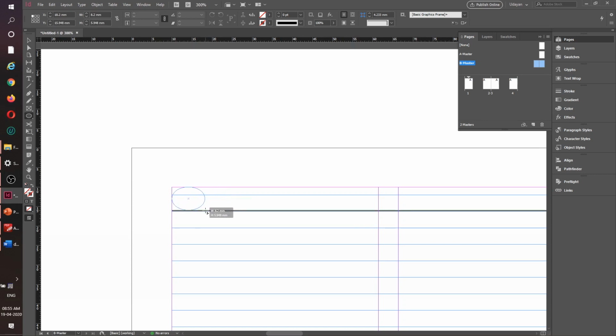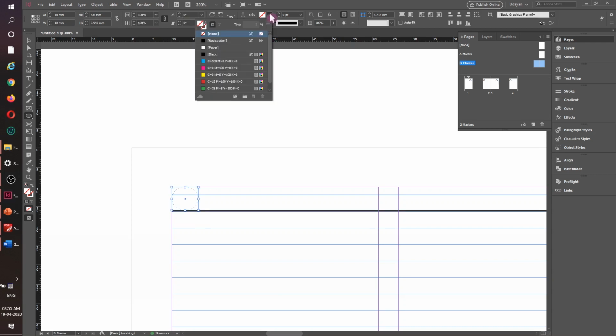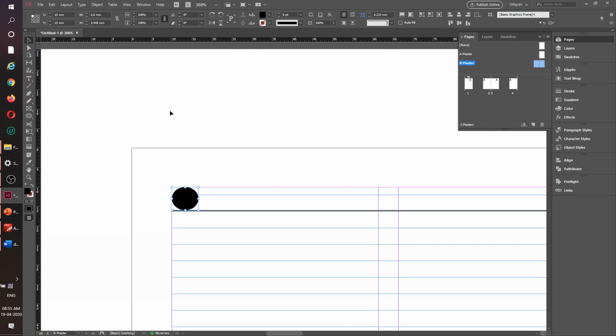So I'll make something like this. Okay, and since I have only 4 numbers, I will place the numbers here inside this. And now I will have no stroke, only the fill with black color, and I will write my text on top of it with white color.